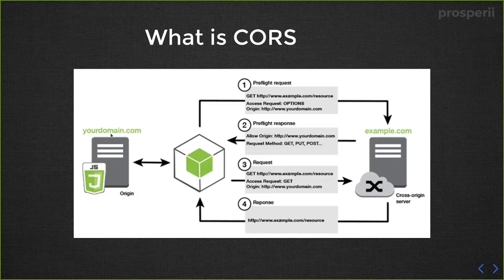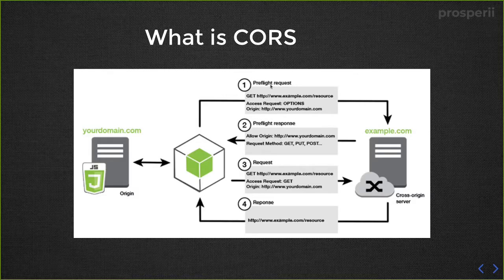So for instance, over here, this is something which an end user sees as your website. So for instance, this is google.com. Then you need to get some data from the Google Cloud server. So let's say this is the Google Cloud server, and then the Google Cloud server has to further get some data from your own website, which is stored somewhere on the internet. So then this is done in 4 different steps.